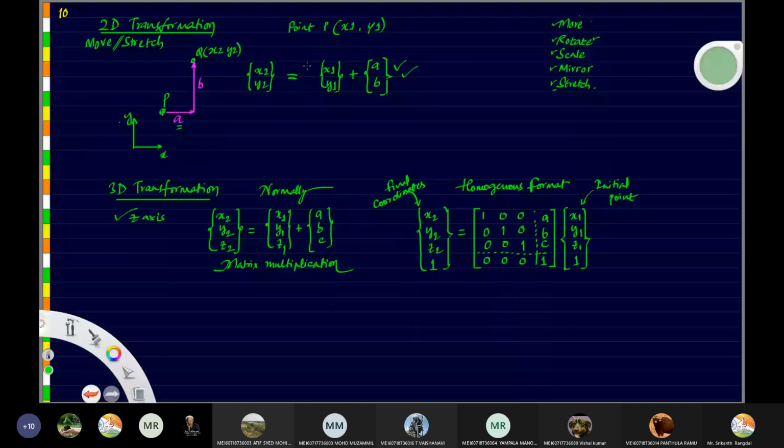Okay. So same way here for 2D transformation, what did we do for homogeneous? How did it come out? X2, Y2, 1, and that came as 1, 1, 0, 0 identity null matrix, and A, B here in transformation, scaling 1. So this we had to multiply with x1, y1, and 1. Okay. So this was the homogeneous method. This is how the homogeneous format was there for 2D, and this is how it is there for 3D. Okay. Simple. Is it simple?